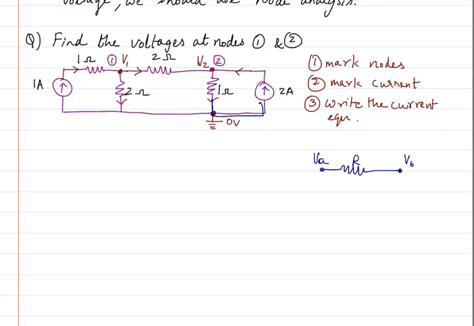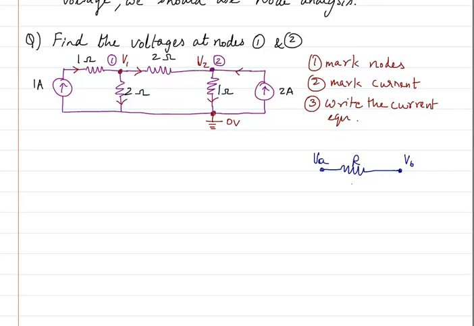So when I say that 1 ohm is between this and this, what I mean is that it is between V1 and a voltage here which is actually 0 volt. Similarly, this particular element is having two node voltages across it, one is V1 and another is 0 volt. Same is the case here, but here it is a current source, so no matter. And even if I take the 2 ohm, then the two voltages across it are V1 and V2. So in any case, we will have two node voltages, and in between we will be having